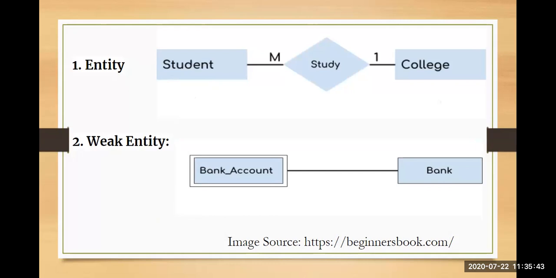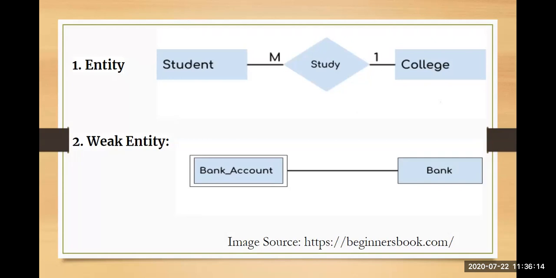However, your student will have student attributes like student ID, student name, and student address. Similarly, your college can also have its college attributes, that is college ID and college name. So we can say that the relationship between student and college is many to one, as a college can have many students. However, a student cannot study in multiple colleges at the same time. So that is why there is a many to one relationship. We will go into much more detail on this in the later topics which are coming.